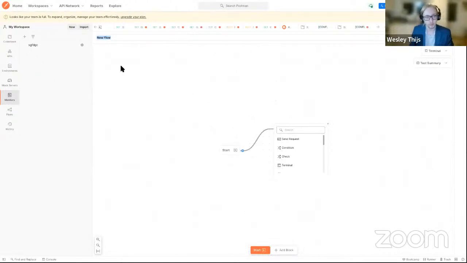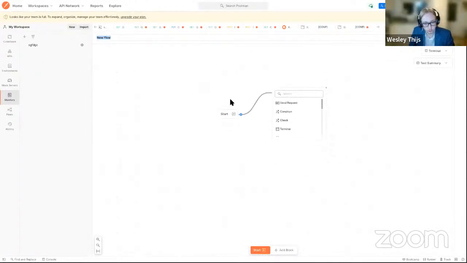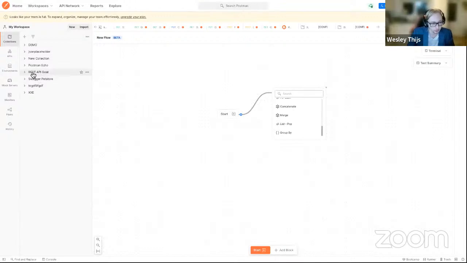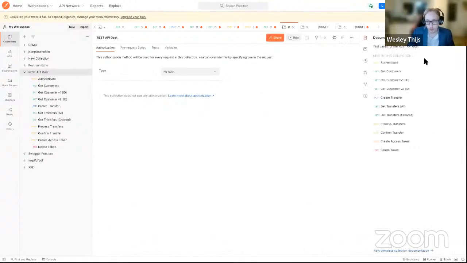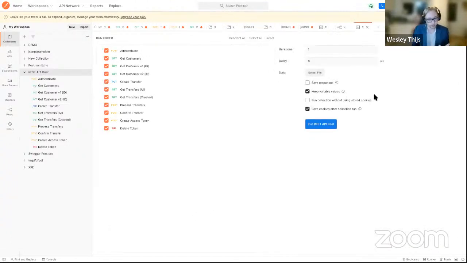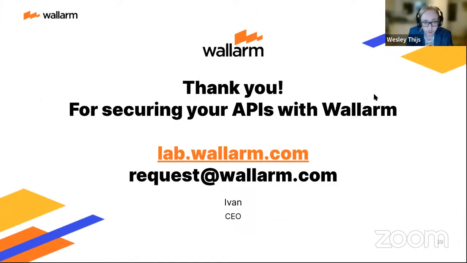And then you can replace certain values with the values you want to fuzz. Now, this is the flows window that I was talking about. As you can see, I can add certain requests in here with conditions, even terminal commands, variables that I can create here, JSON to be parsed. So there's a lot of things I can do with these workflows. That's very useful, and I'm definitely going to look into that a lot more. But for now, collections are one of my most useful things because I can just run an entire collection, add a CSV file in there, and I'm fuzzing. It can be as easy as that. Or you can use JMeter if you want with a CSV file. That's also possible. Thank you for that question.